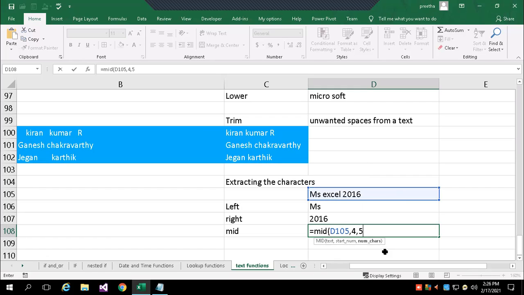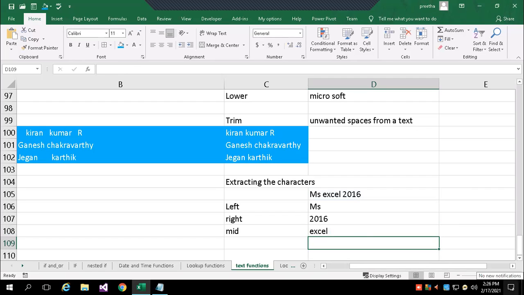So you can see 4 comma 5. From the text, in the cell address D105, from the 4th place exactly E, that means Excel, that text I'm extracting. So this is for extraction purposes.